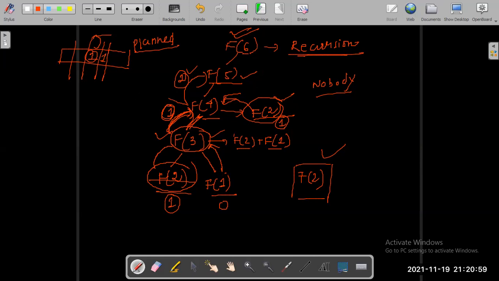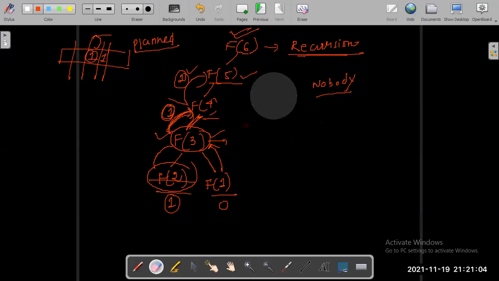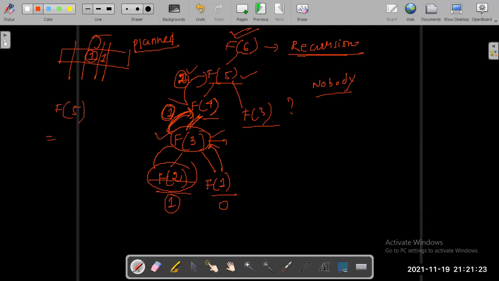Now see one thing. Once f of 4 has returned 2 to f of 5, it will require f of 3 to be calculated. Am I telling the correct thing? F of 5 is equal to f of 4 plus f of 3.